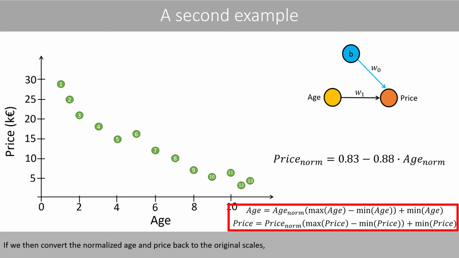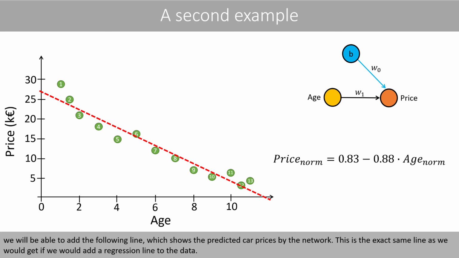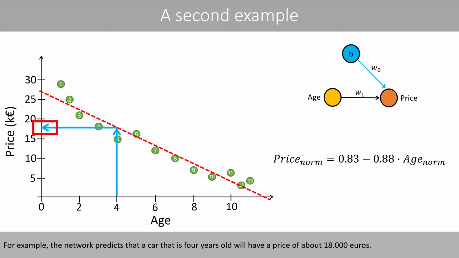If we then convert the normalized age and price back to the original scales, we will be able to add the following line, which shows the predicted car prices by the network. This is the exact same line as we would get if we would add a regression line to the data. For example, the network predicts that a car that is 4 years old will have a price of about 18,000